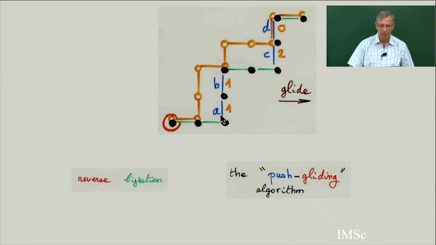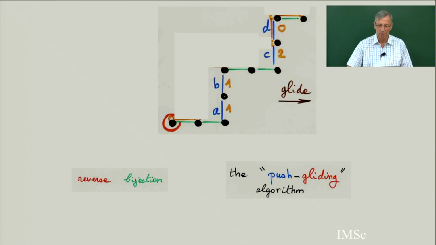The yellow path is given by the vertical edges in the order A, B, C, and D. And the distance between these two edges is 1. Distance here is 2. And distance is 0. So I have just made a mirror image. Sorry for the change. So my pair of paths can be completely encoded by only one path and the yellow numbers corresponding to the edges A, B, C, D. I have some yellow numbers, which are the distances of the yellow path to these vertical edges.